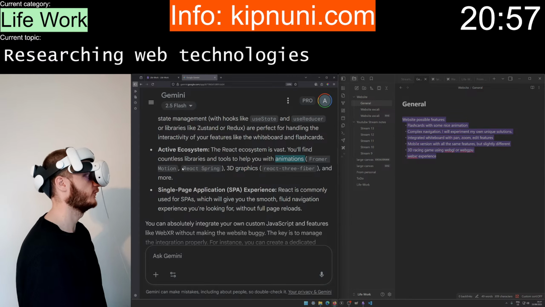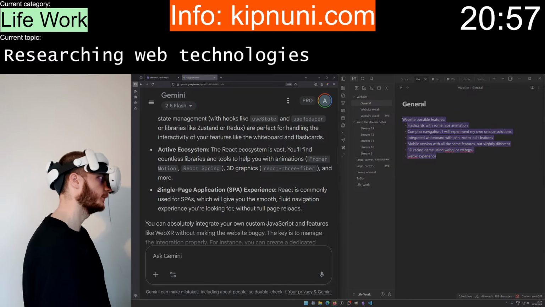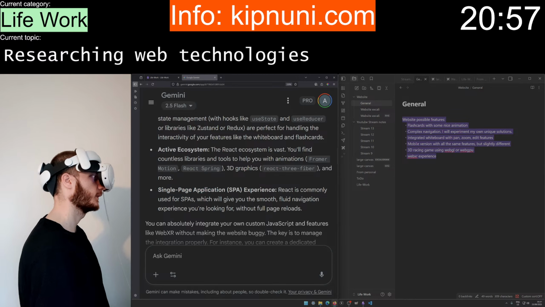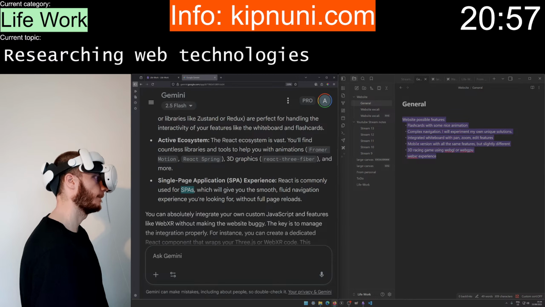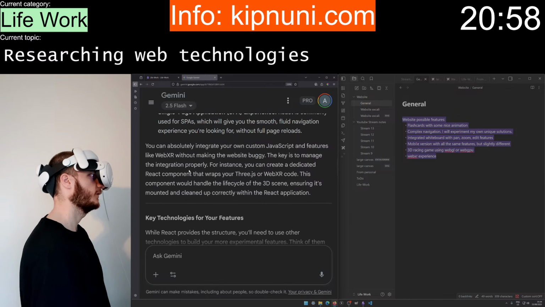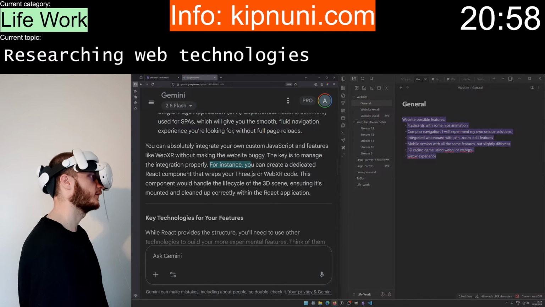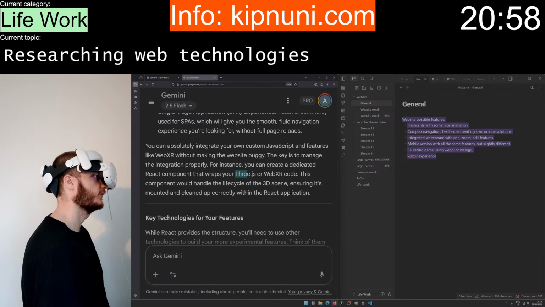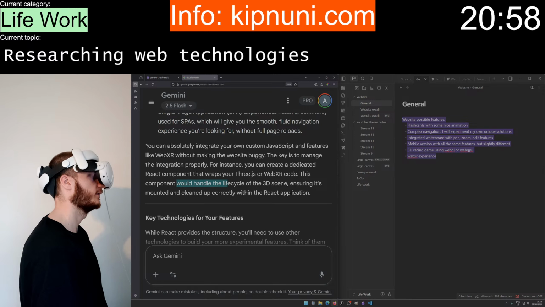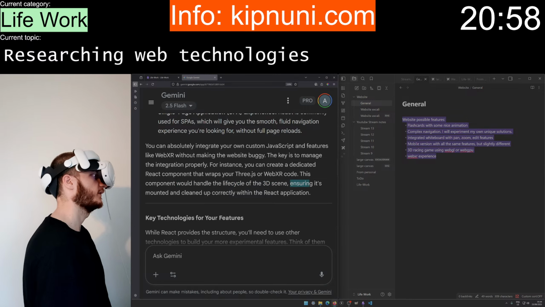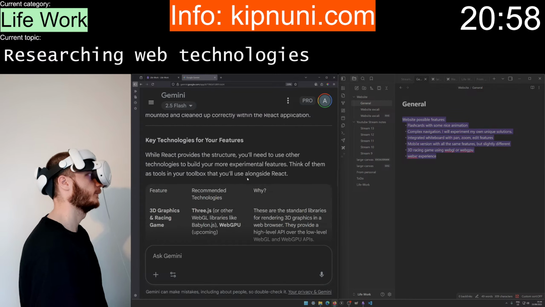Animations: Framer Motion, React Spring. 3D graphics: Three Fiber. A single page application experience. You can absolutely integrate your own custom JavaScript and features into your website without making the website buggy. Just manage the integration properly. For instance, you can create a dedicated React component that wraps your Three.js or WebXR code. This component will handle the 3D scene, ensuring it's mounted and cleaned up correctly within the React application.